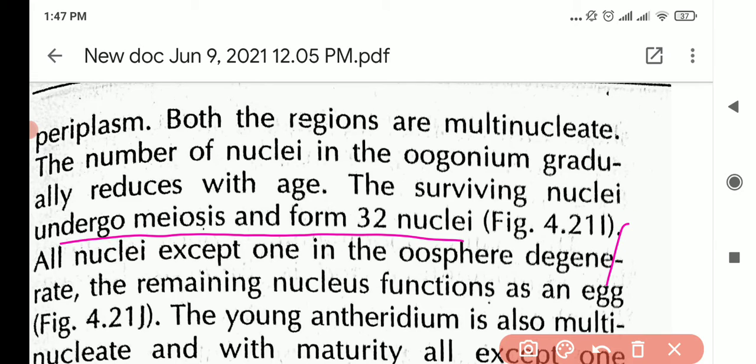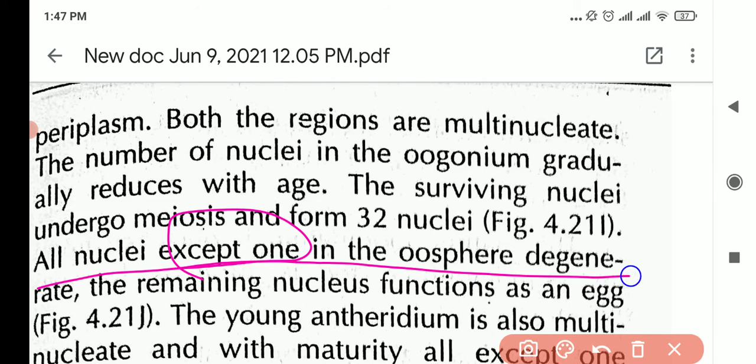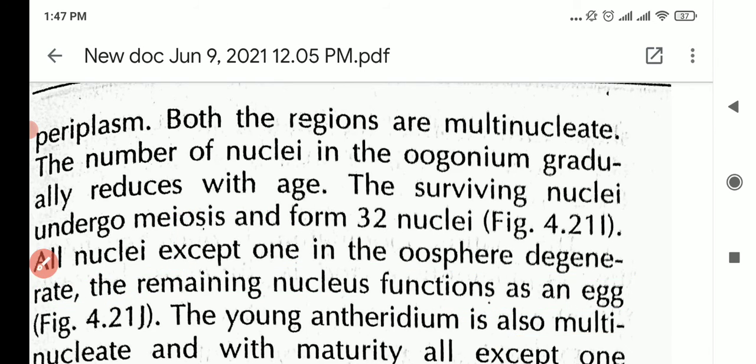Then from those nuclei, all will degenerate. All nuclei will degenerate except one, and that will become your egg. Okay, all nuclei except one in the oospore degenerate, and the remaining nucleus will form an egg. Okay, then